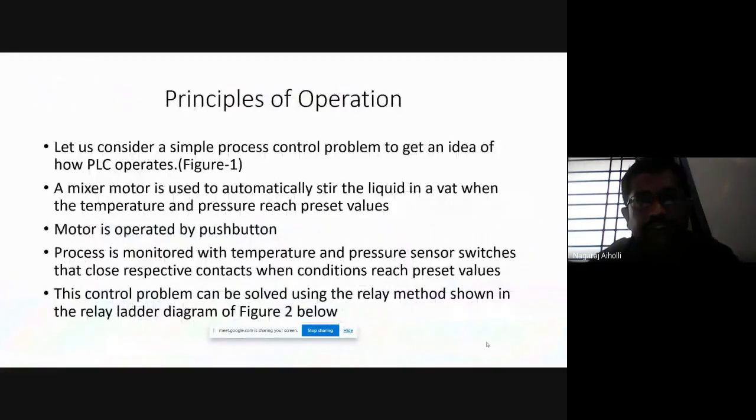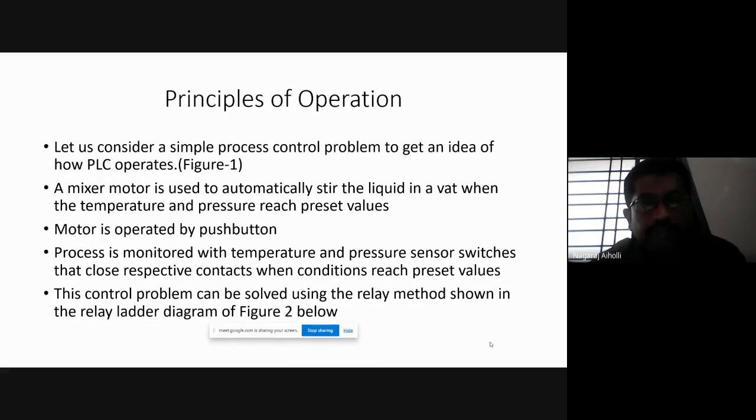So good morning, students. In the last class, I had discussed a few points about the programmable logic controller, PLC. So this PLC, as we know, is an industrial grade computer which performs control oriented operations. It is an industrial oriented computer performing control oriented operations. Such an industrial grade computer, we call it a programmable logic controller.